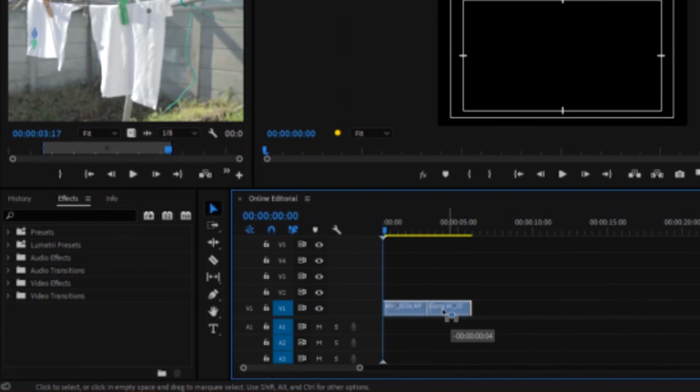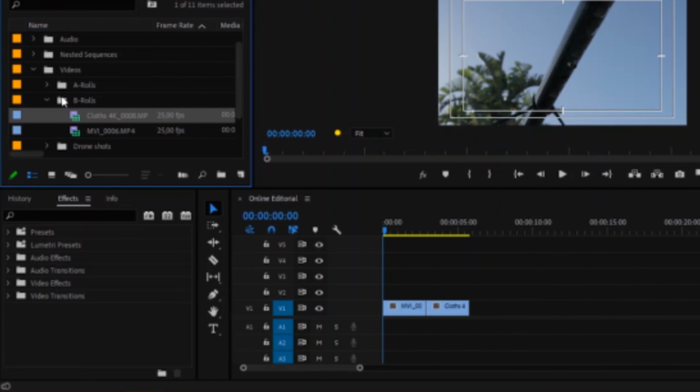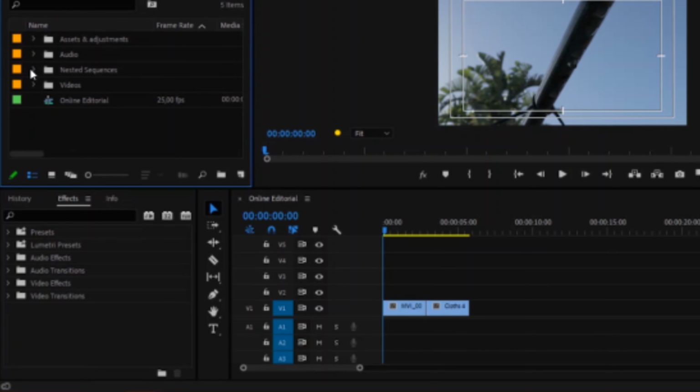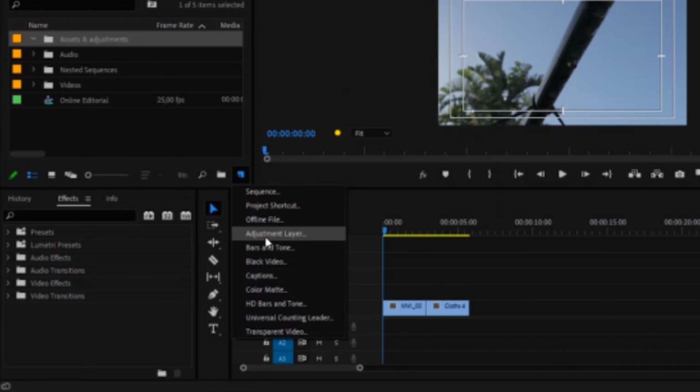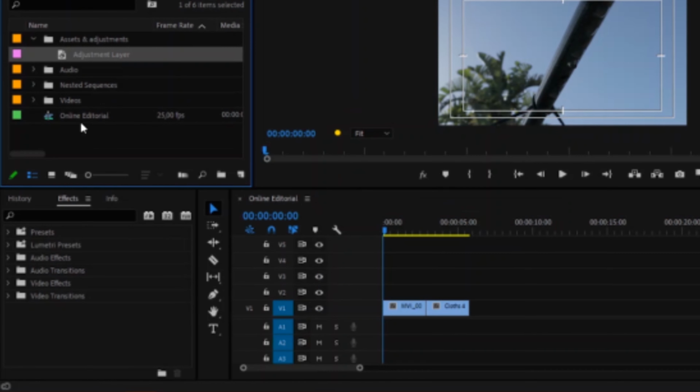Then after doing that, let's just put our clips together. We're starting, of course, in Premiere Pro doing this, and then we're going to be moving to After Effects. Let's just create a quick adjustment layer there for these two clips.